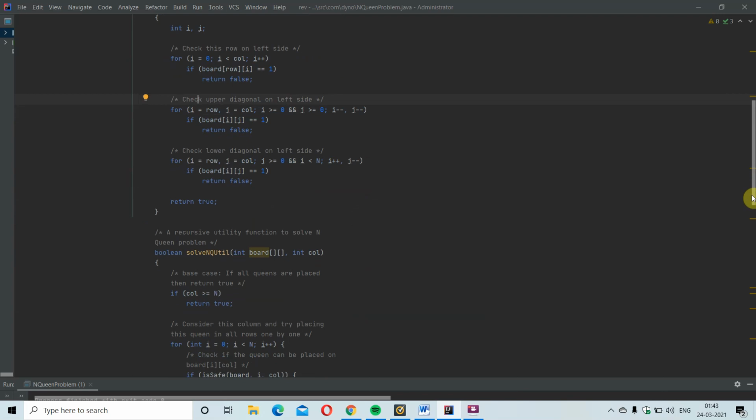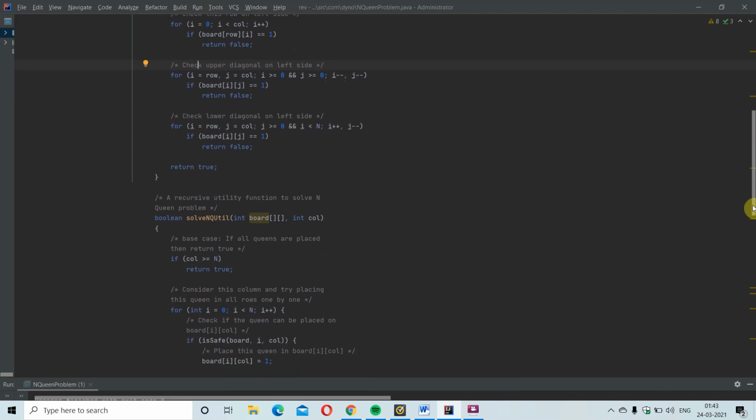Here the boolean solveNQUtil function is introduced. If all the queens are placed, then true will be returned. The board array is passed into the function, and an integer column is also declared here. If column is greater than or equal to n, true will be returned.